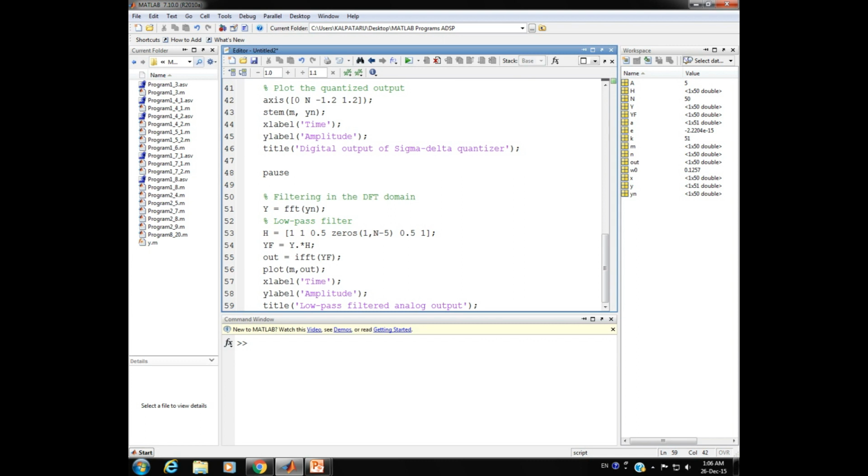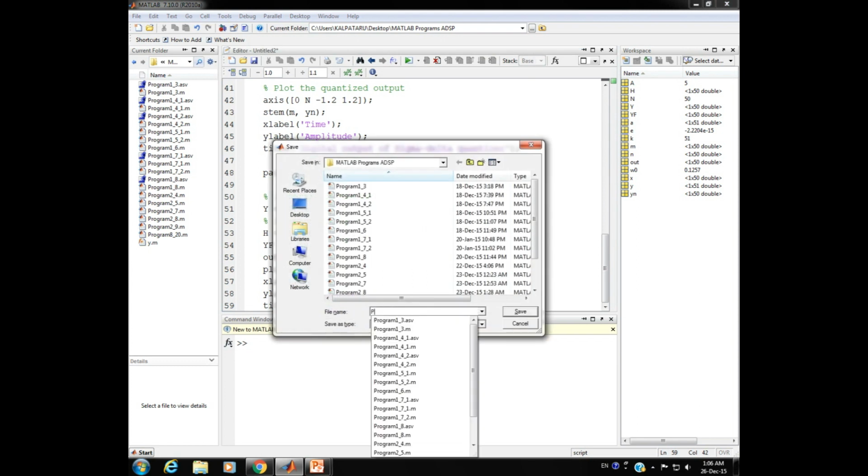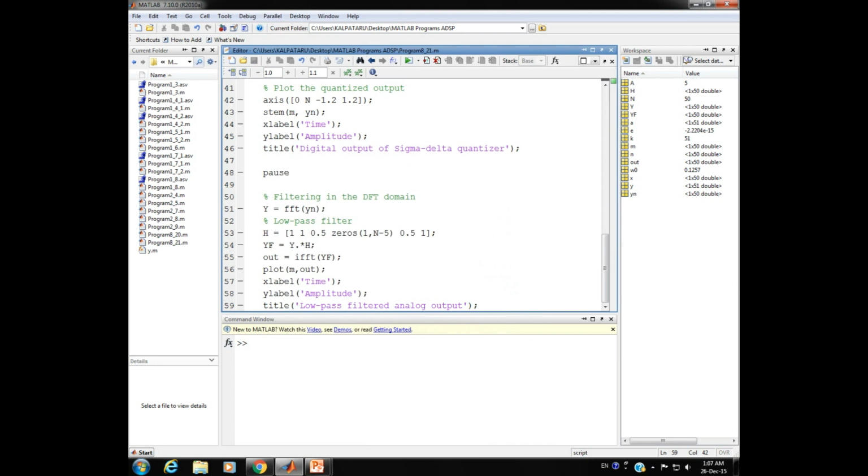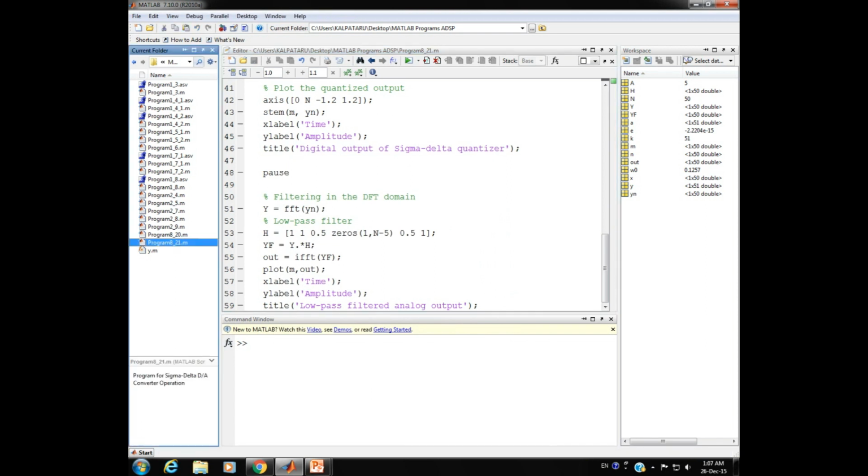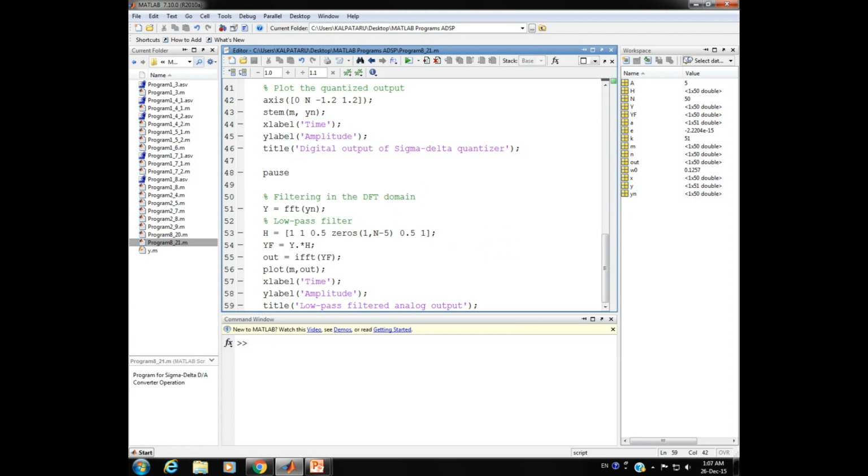So this is the script for the last MATLAB program. I just save it with the name program 8_21, with .m as the file extension. You see the file has been created here in the current directory, and it has appeared in the editor window title bar also. So let us run this script.